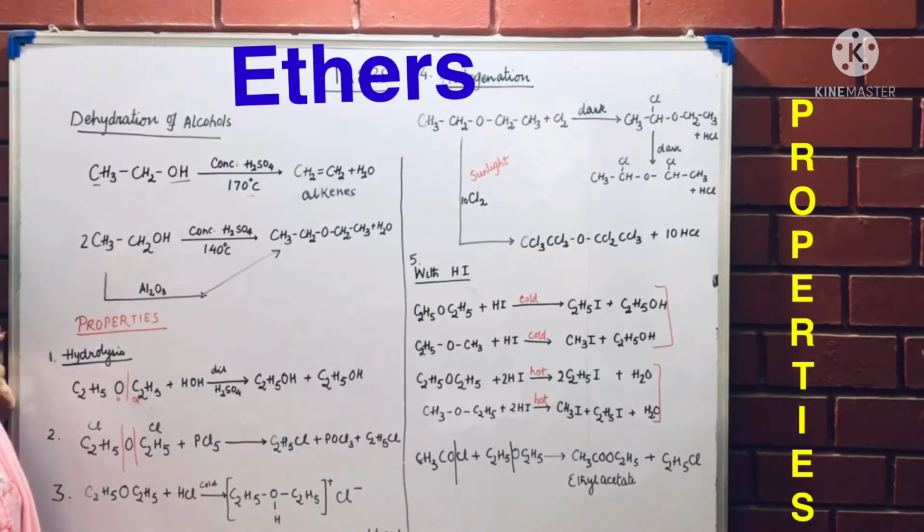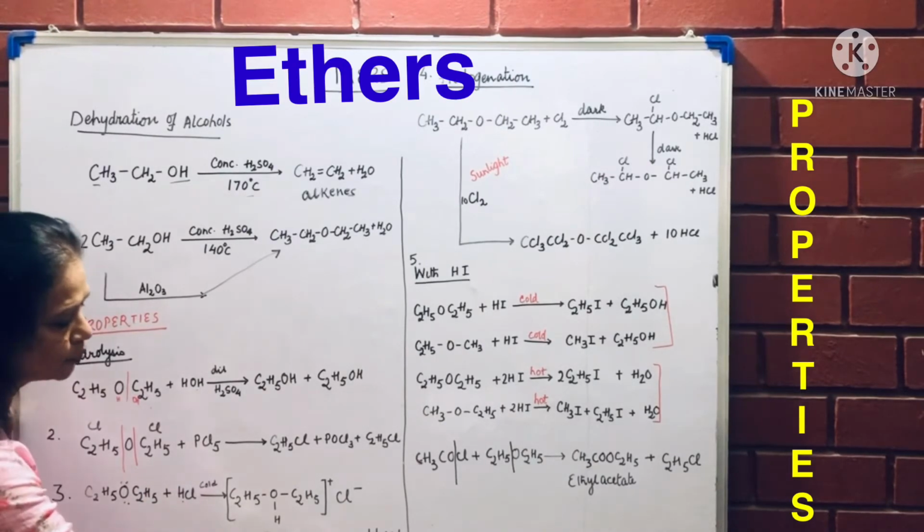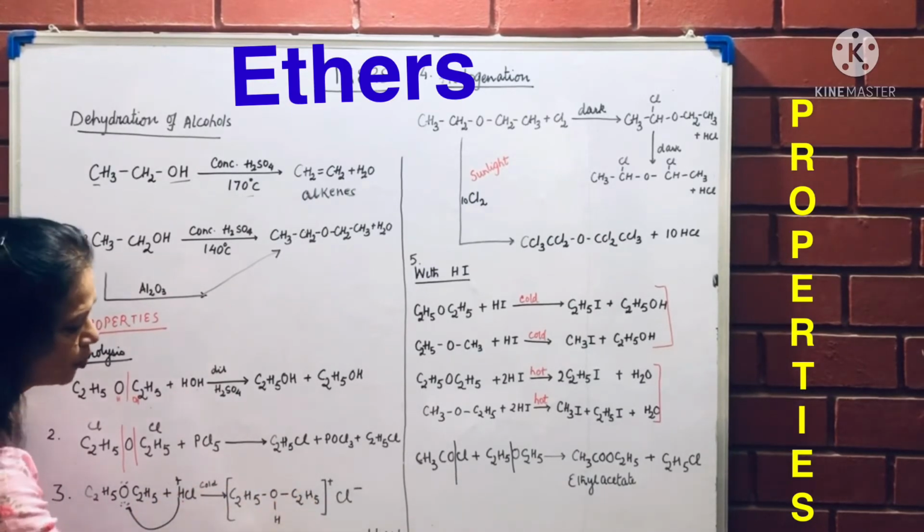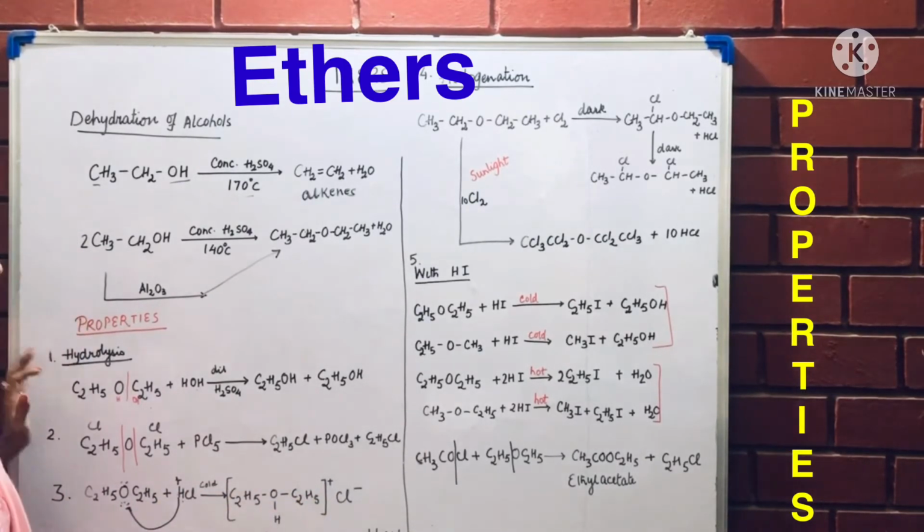This is a reaction something like if I was looking at ammonia plus HCl, then you make ammonium chloride. Similar is here. This also contains a lone pair of electrons, so this behaves like a base reacting with an acid to give you an oxonium salt. So H attaches here because H was positively charged. There are electrons here, so it is attached here, and chloride is outside. So the whole thing is positive, this is negative.